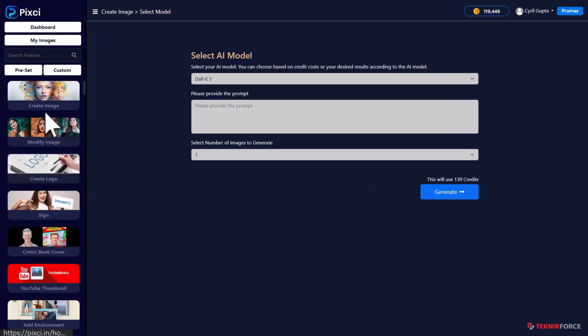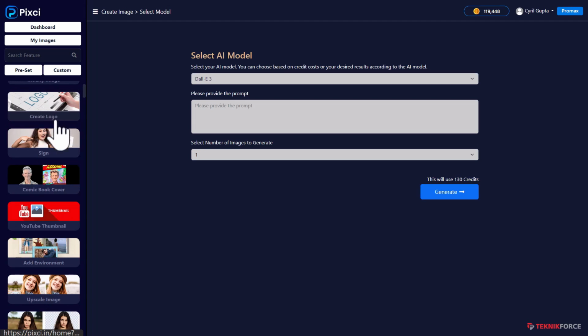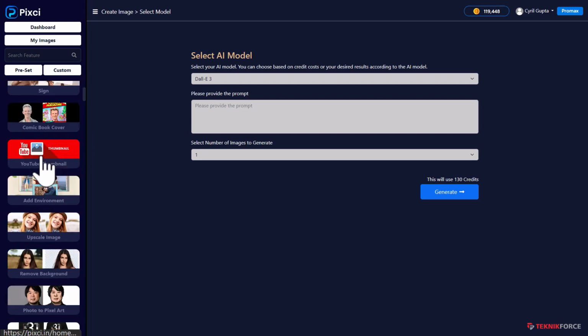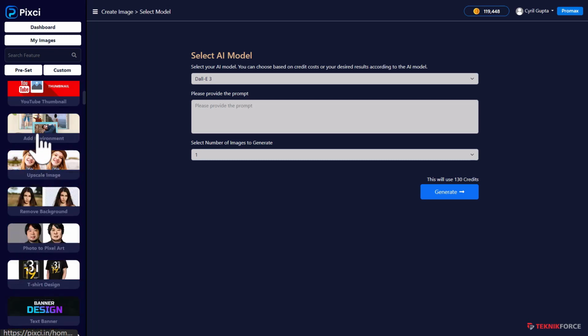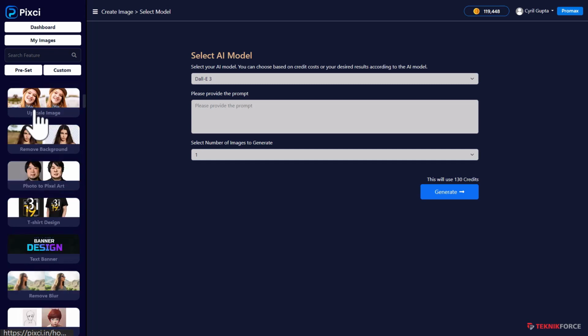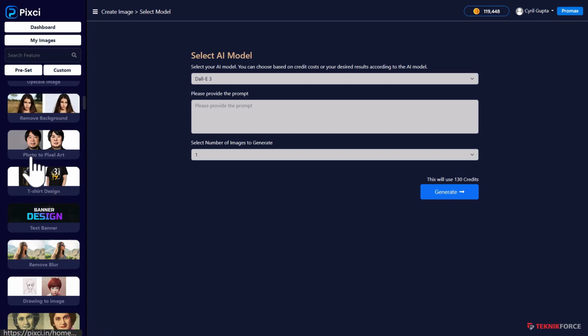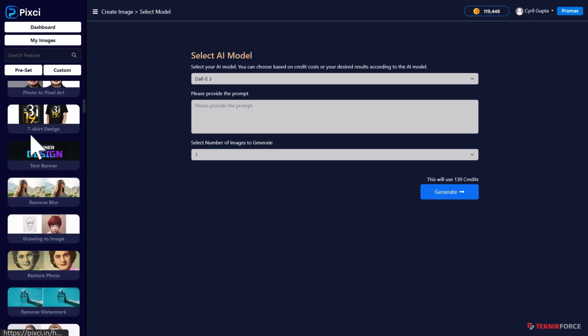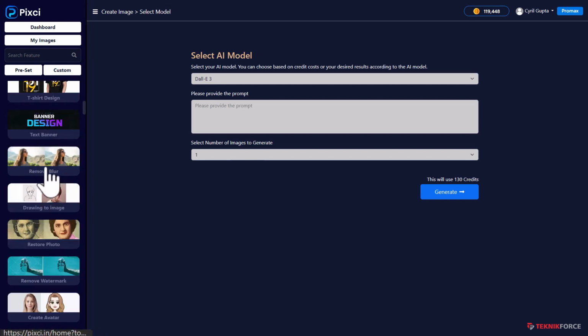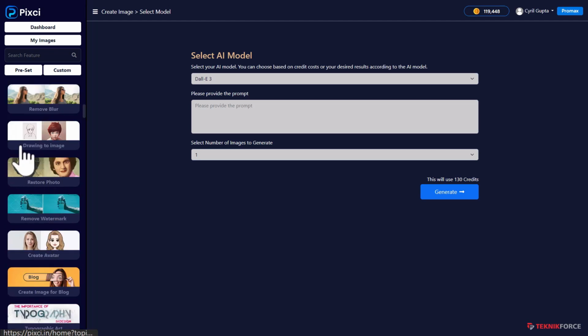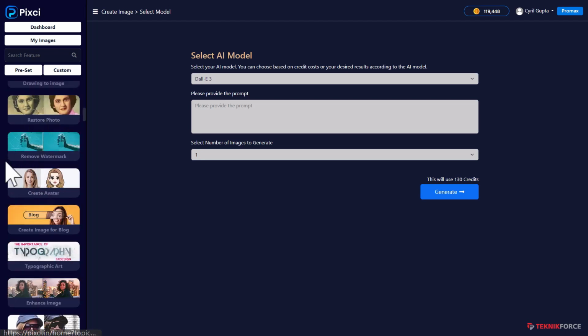Pixci has hundreds of ready-made workflows. You can create an image, you can modify an existing image, you can create a logo. If you want, you can have a person holding a sign, very good for ads. You can create comic book covers, thumbnails. You can add environments to an image. You can upscale an image, make it larger. You can remove backgrounds, convert photographs to pixels, create t-shirt art, remove blurs, convert drawings to images, restore old photographs,